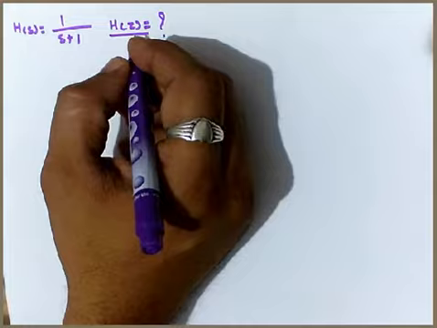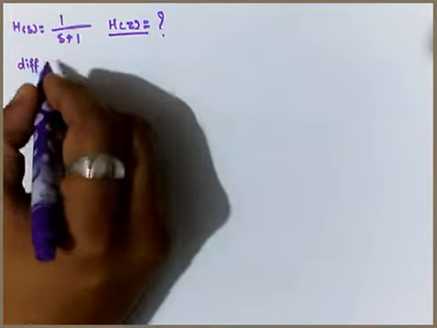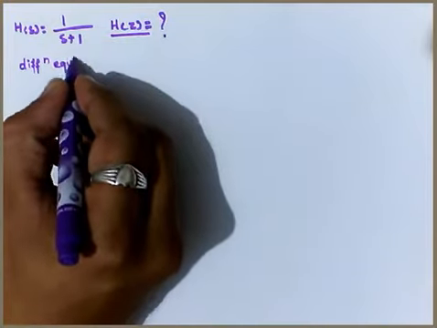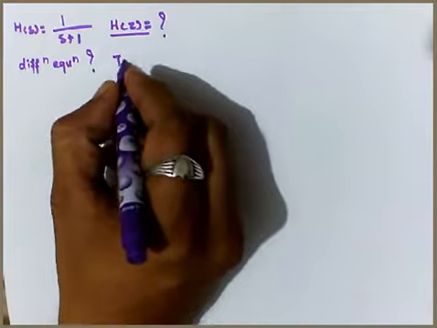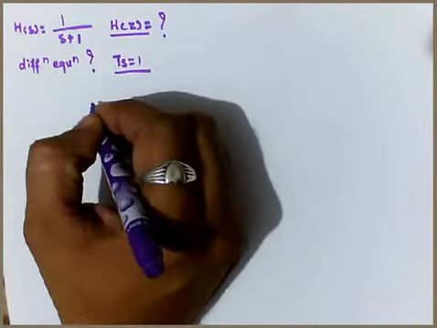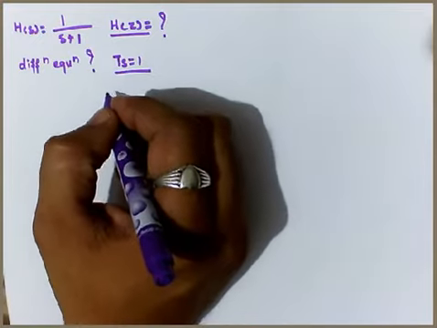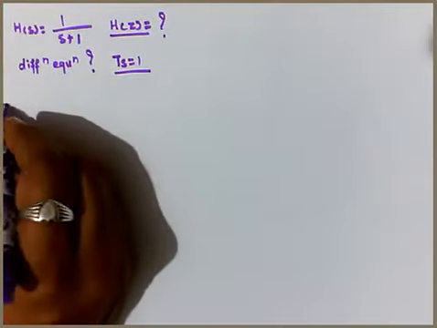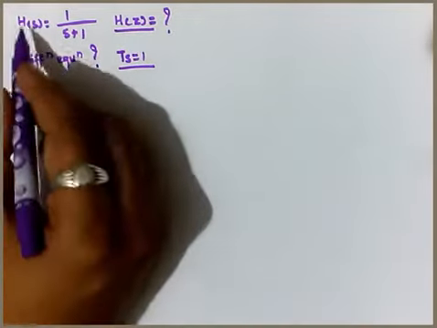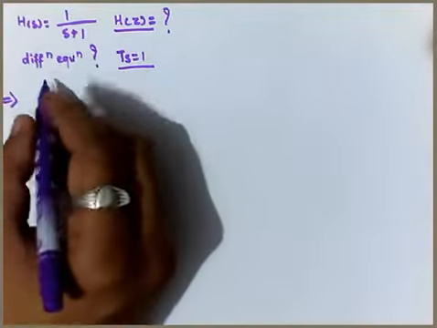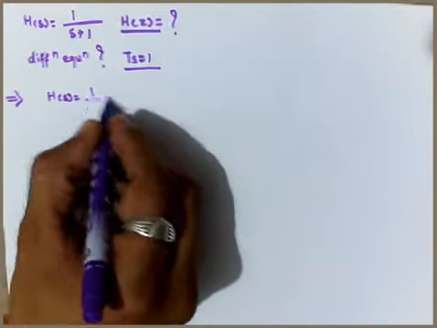and let's say it is also asked to find out the difference equation. So the difference equation we are being asked to find out by assuming Ts equal to 1 second. So whenever it is given that Ts is equal to 1 second, the answer part will start over here. So h of s is already provided that it is 1 upon s plus 1. So h of s is equal to 1 upon s plus 1.